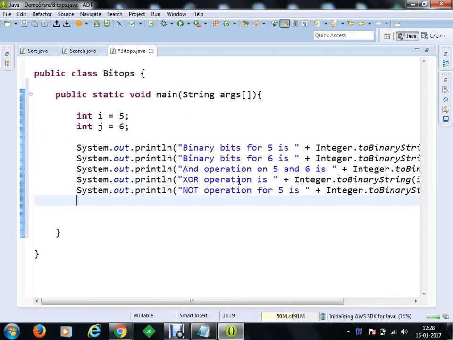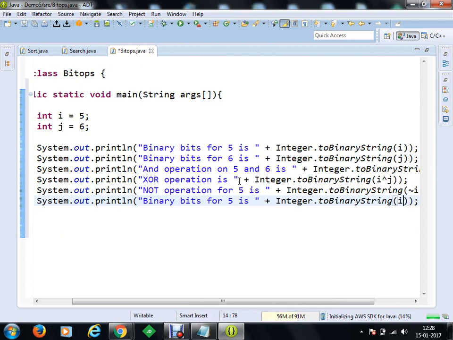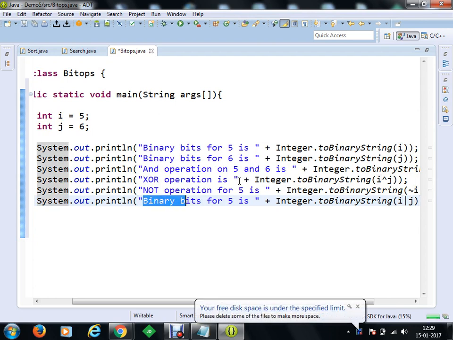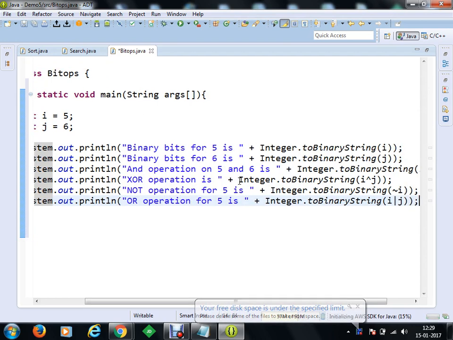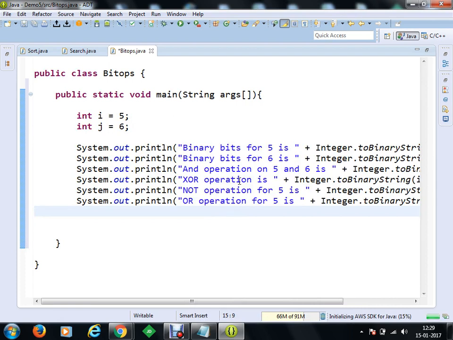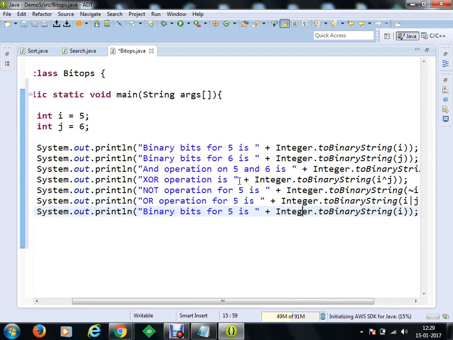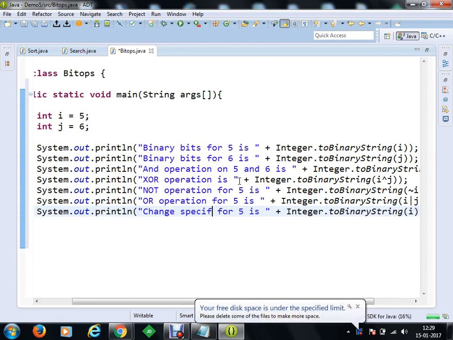OR is your single I and J. And then you can write your custom value as well. So that is your, let's say, change specific bit to 1 for 5.